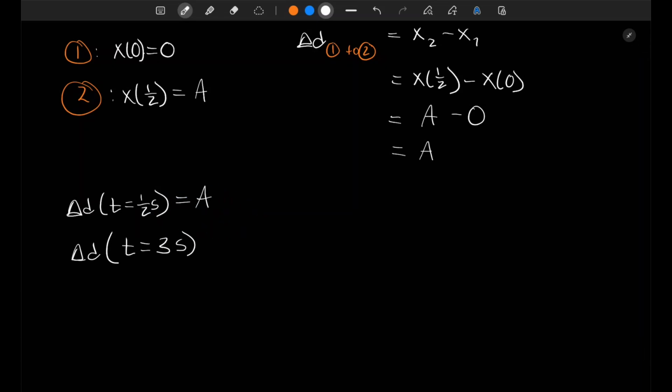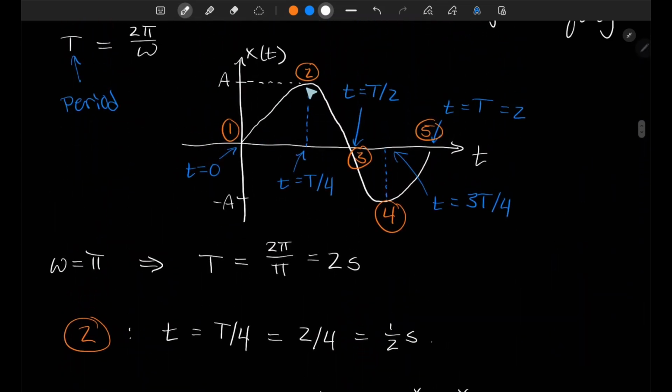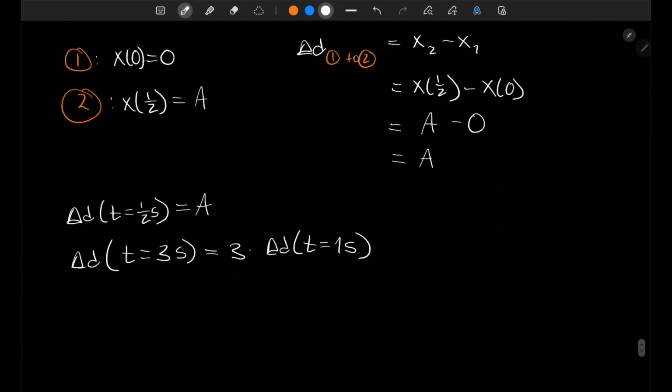So to find out how far we've gone, the distance traveled after 3 seconds, this should be 3 times the distance traveled in 1 second. Right? Just because in each 1/2 second, we travel a distance a. So further, we can say that this is 3 times 2 times the distance traveled in 1/2 a second. Right? This is just because